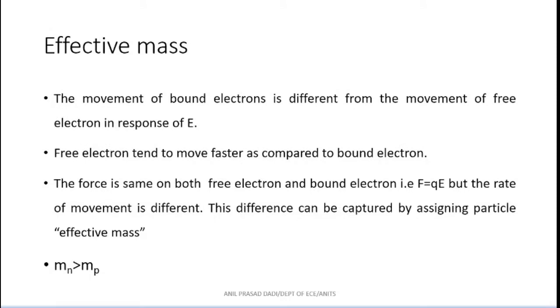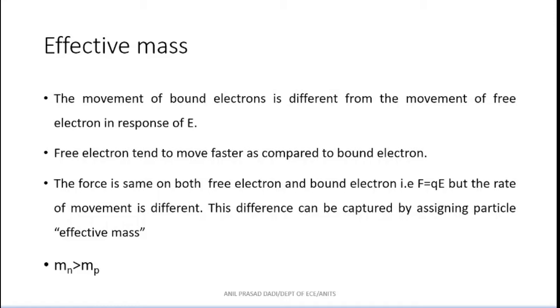And one more important concept here is effective mass. Hole movement is always opposite to which electron? Valence electron. So you have already understood the difference between valence electron and free electron. What is the difference? A valence electron has already been involved in bond formation. A free electron has no bondings, it has no relation with anyone else, it is now free to move within the crystal in any way.